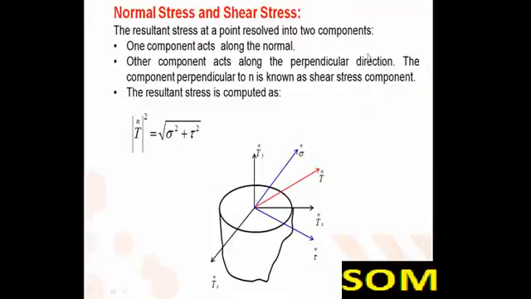Now normal stress and shear stress. Consider any arbitrary body on which the component Txn is acting in the x direction, Tyn is acting in the y direction, and Tzn is acting in the z direction. Now if we compute the resultant stress, that is also given by Txn square plus Tyn square